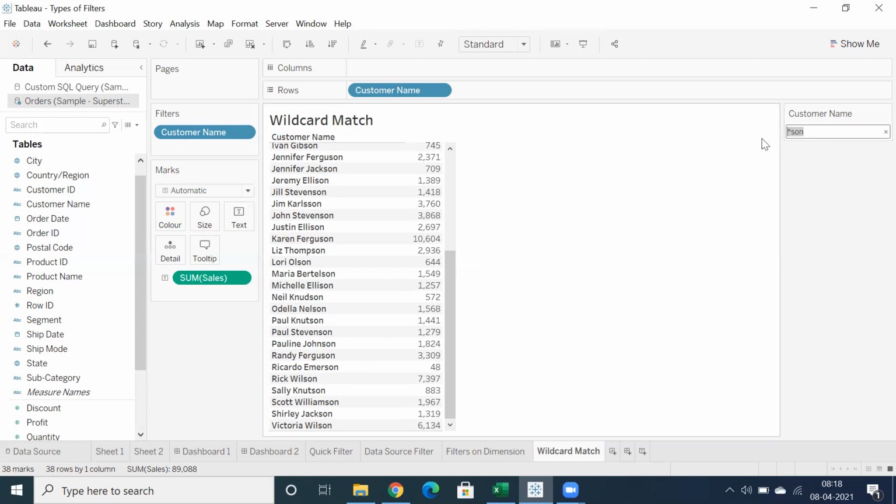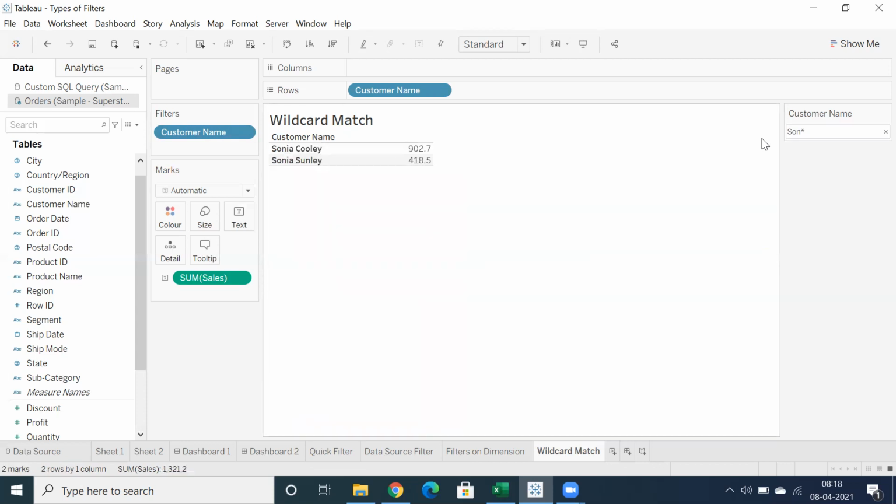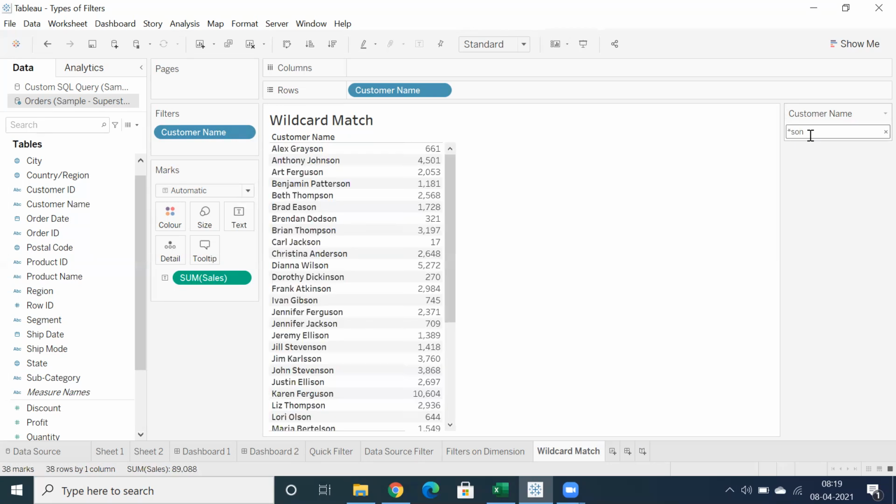If it is starts with Sun, how many records? Sun star, only 2 records. But if you want ends with Sun, star Sun. You got the differentiation? So that's the star advantage. If you move star to the front, that will be ends with. So it's vice versa. So basically you need to remember, for ends with, whatever the naming convention, you can use first star and then type it in.